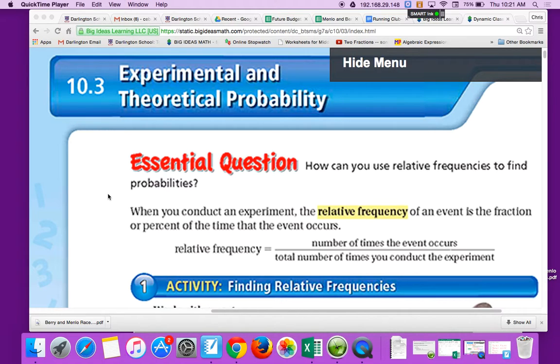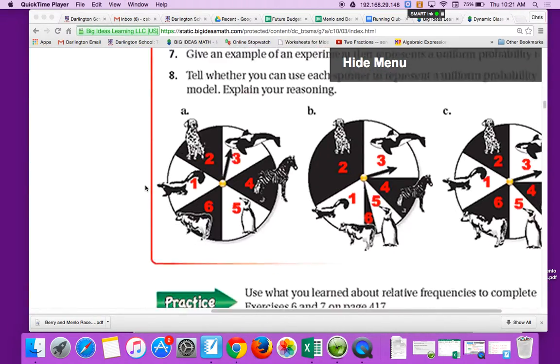So what would you expect the relative frequency to be for flipping a coin and getting heads? About how much would you expect? 50. Will it always be 50? Do we always get 10 heads, 10 tails? Not always, but it should be in that relative area. So that was the first thing I want to make sure we get to. Next thing, we'll look at another